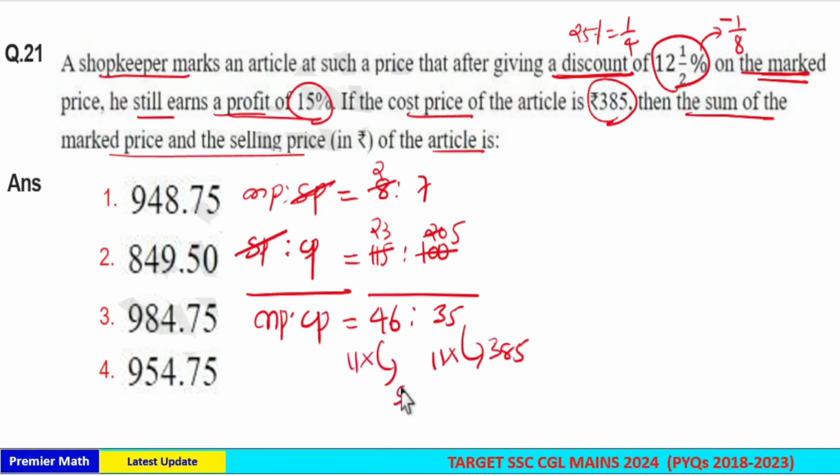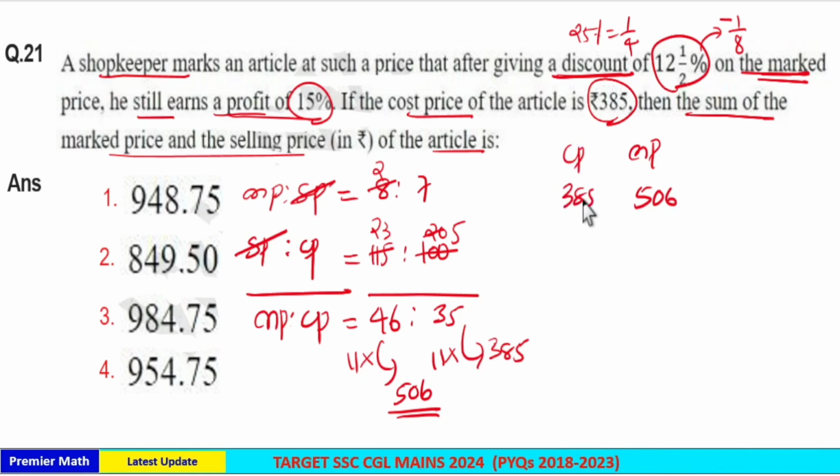460 plus 46 is 506. So the mark price is 506 and the cost price is 385. Then